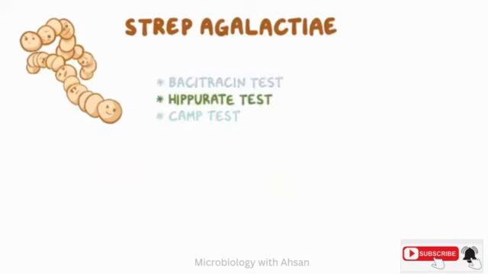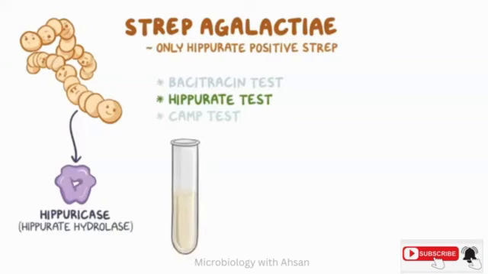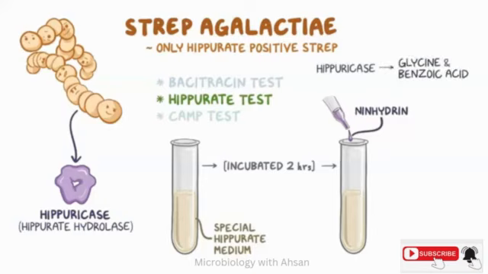Finally, the hippurate test is based on the fact that strep agalactiae is the only hippurate-positive strep, because it produces an enzyme called hippuricase or hippurate hydrolase. To test for this, a colony of bacteria is transferred from the culture to a test tube containing a special hippurate medium, and incubated for 2 hours. Then a few drops of a substance called ninhydrin are added to the mix. With strep agalactiae, hippuricase converts hippurate to glycine and benzoic acid, and glycine reacts with ninhydrin, making the mix turn